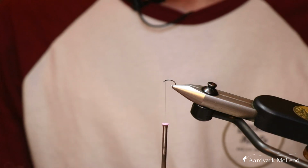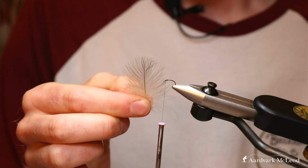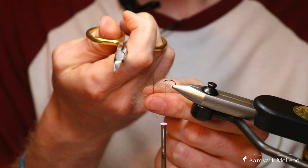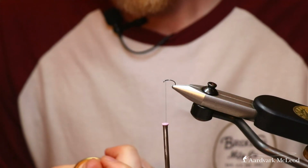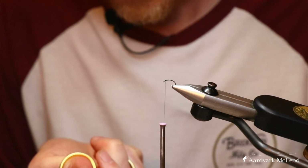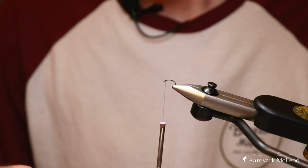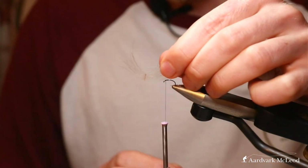Now it's a very interesting way of tying with CDC. So when you compare a feather that size to a hook that size, if we were only to tie with a tip, that's quite a lot of wasted material from the fly. So for this, we actually take the scissors, very small V again, and we just cut down along the stem to create little V-shaped sections. I'll hold one up to the camera in a second. And the reason we do this is it allows us to tie firstly with the whole feather if we want to, and rather than using 3 feathers as before, we can actually tie one fly with 1 feather. So it gives us these little V-shaped wings,